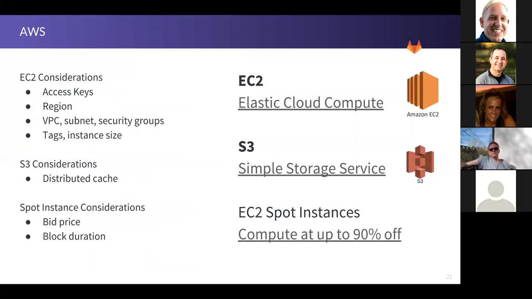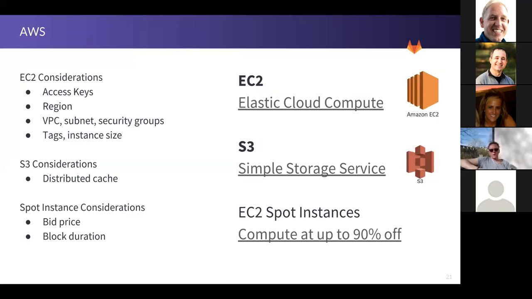Docker. Okay, so in AWS, again, we can scale up instances in AWS using this Docker machine, but there's some specific considerations for that and some specific benefits you get just because of the way AWS structures what they do. First off, of course, to spin up a new machine in EC2, which is what Docker machine is going to be doing, I'll need access keys that have the ability to do that. And then, of course, I'm going to need to specify a region, specify what VPC, subnet, and security groups are going to apply to that machine.